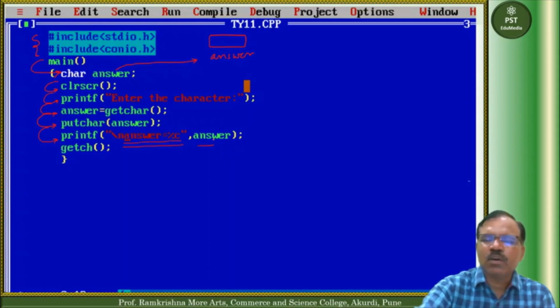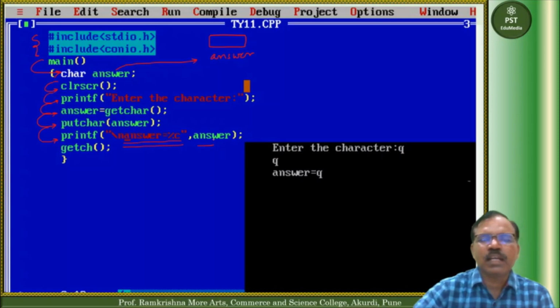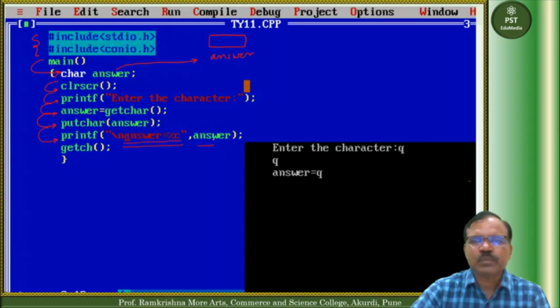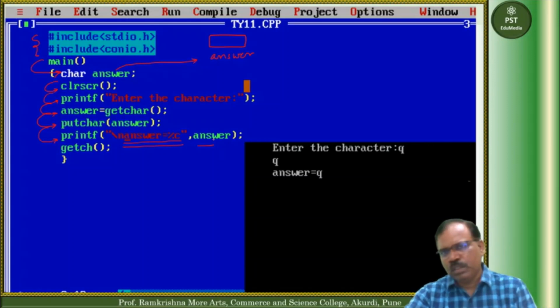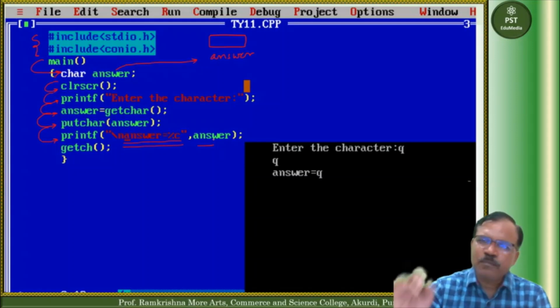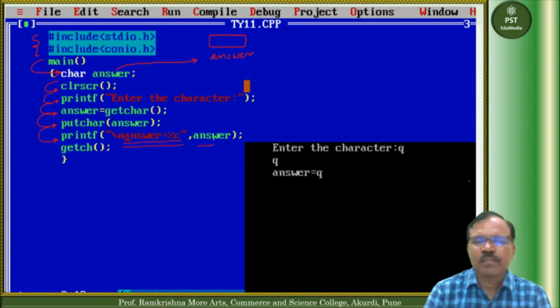So if we see the output of this program, we will get it like this. "Enter the character:" is the string printed as it is, and q is the entered character. If we press the enter button, the getChar function gives this q to answer, and when we use the putChar function, that q is printed. So this q is printed due to the putChar function.